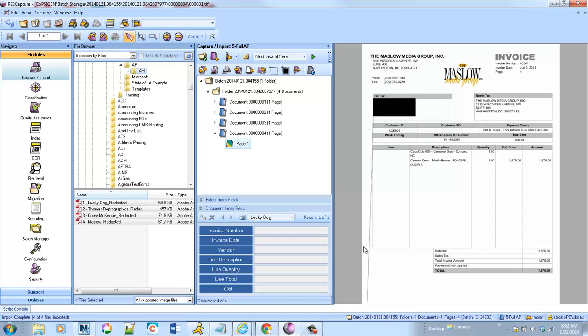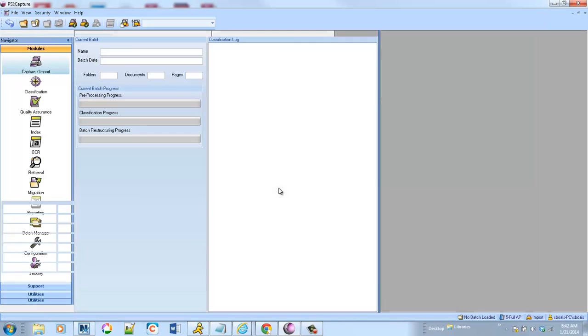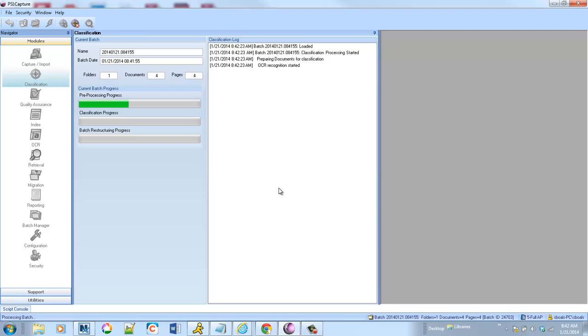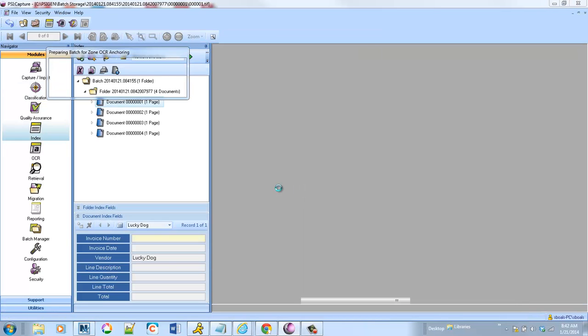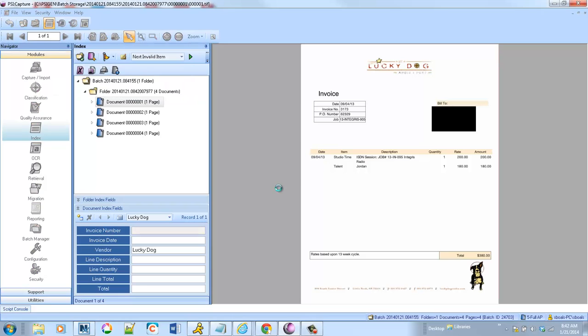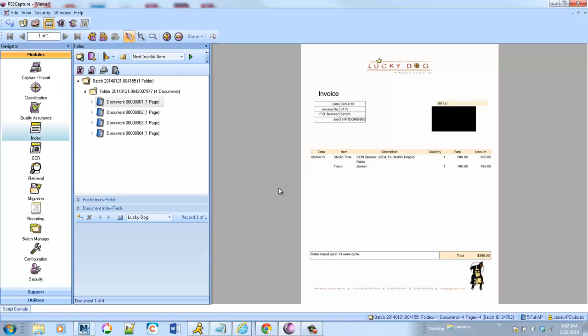something called classification, where we identify the different vendors and then use that information to figure out where to extract information. So we're going to go through our process here, and SciCapture is going to convert the invoices to text, look at the text, and then extract the data depending on the vendor that it identifies. So in this example, it's going to take a second to go through the recognition engine, and all these different processes can happen in the background as well, depending on how you set the product up. So it's going to go through, clean up the images, classify and identify the vendor, and then automatically extract the